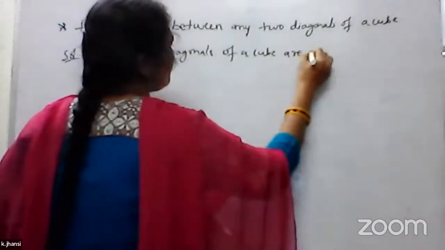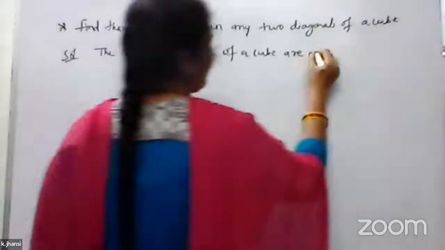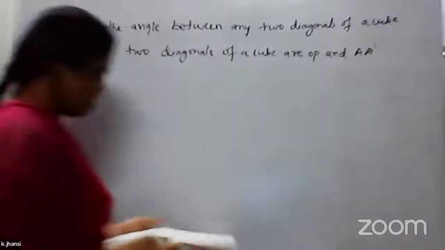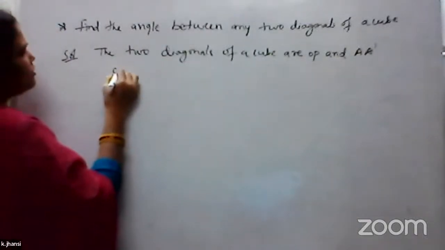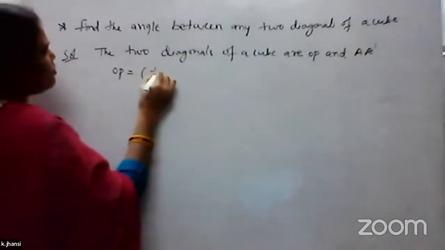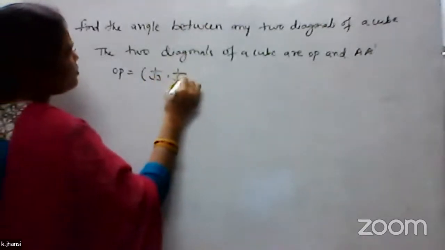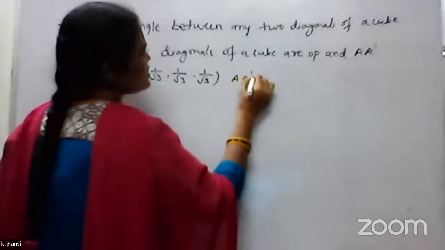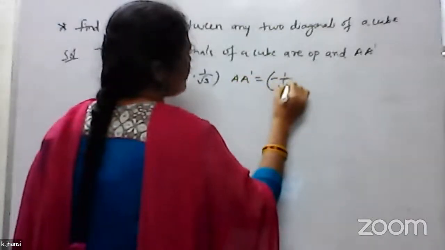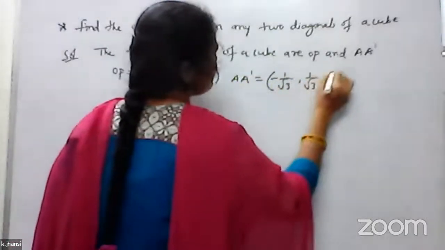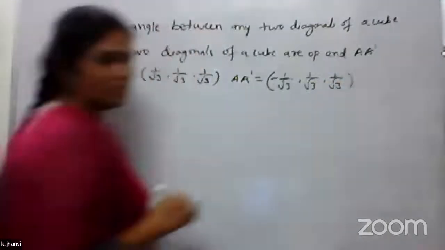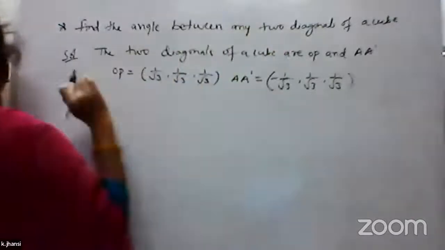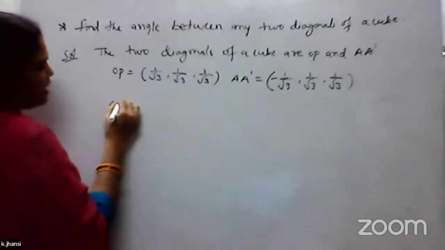So if you are taking OP and AA dash, OP equals 1/√3, 1/√3, 1/√3, and AA dash equals minus 1/√3, 1/√3, 1/√3. The angle between any two diagonals of a cube, we have the formula: cos theta equals